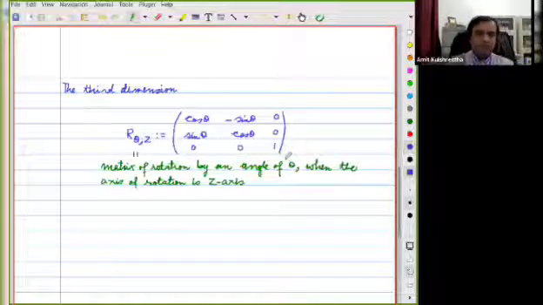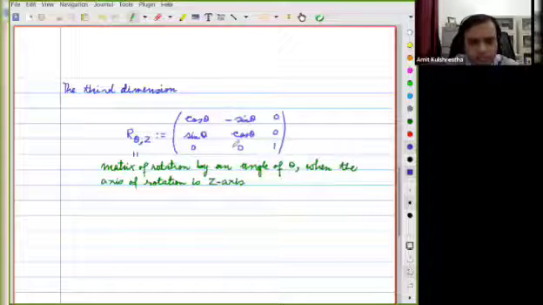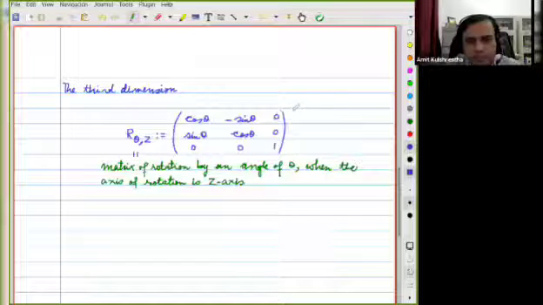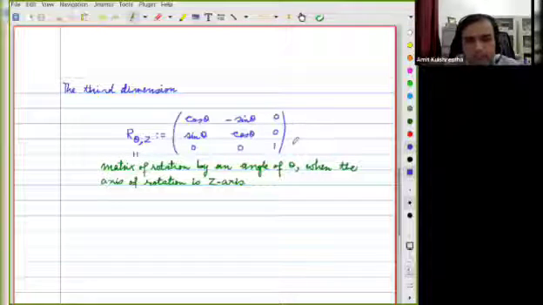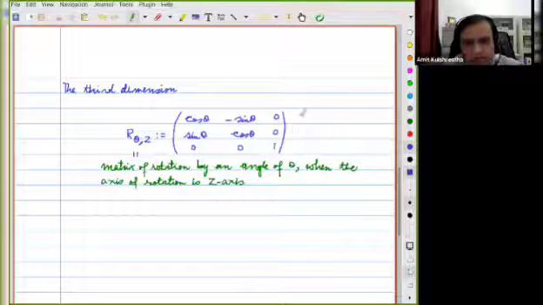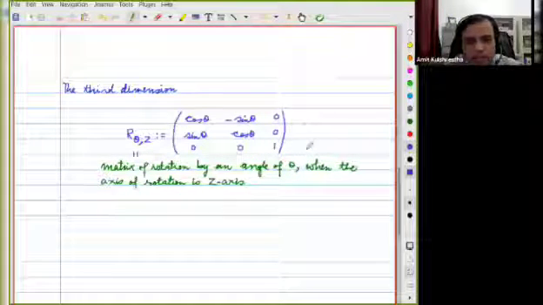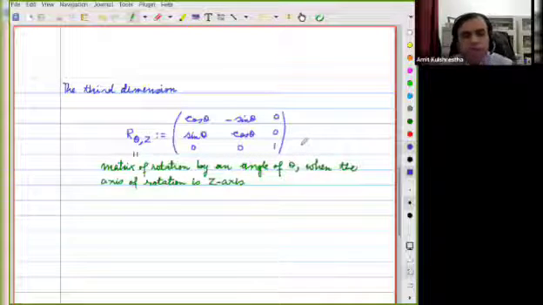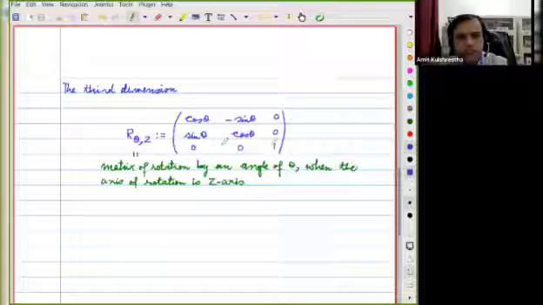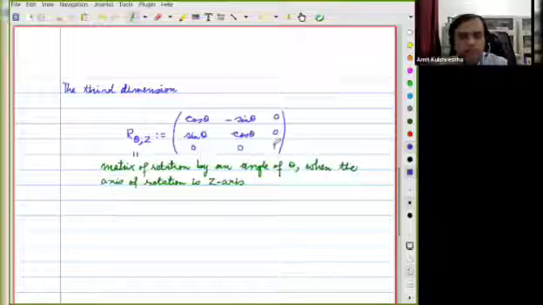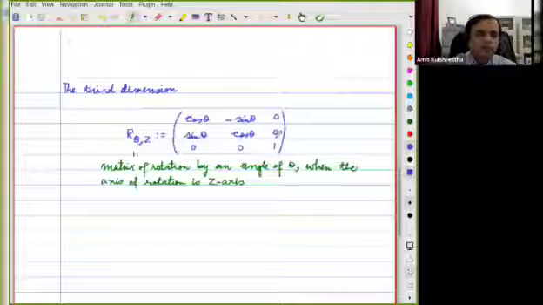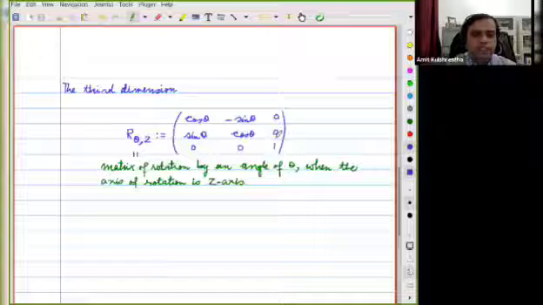Okay, so I have this. If I have, say, point A, B, C in space, where C, which is the height, is not changing, and I multiply this matrix with the column vector ABC, you would see that its effect is rotation in the first two dimensions, and the third dimension, the height in this case, is not changed. So this is a rotation matrix when the axis is the z axis.